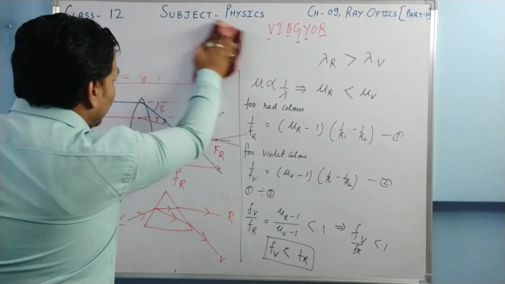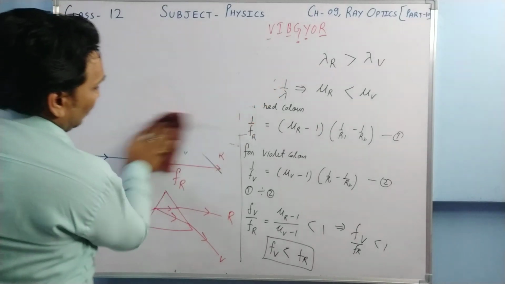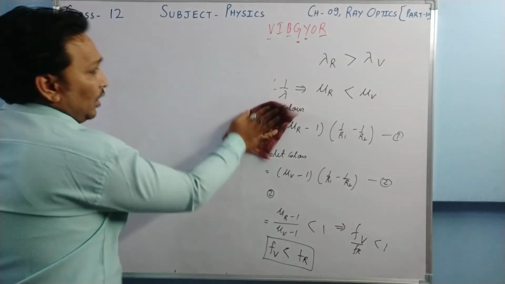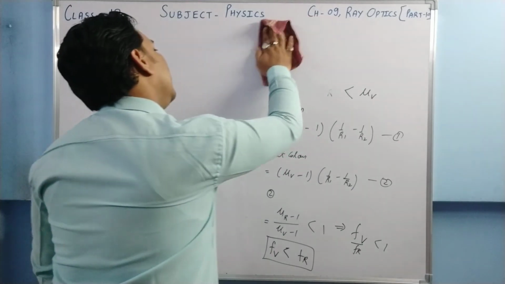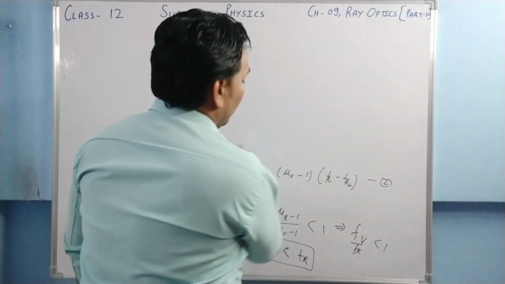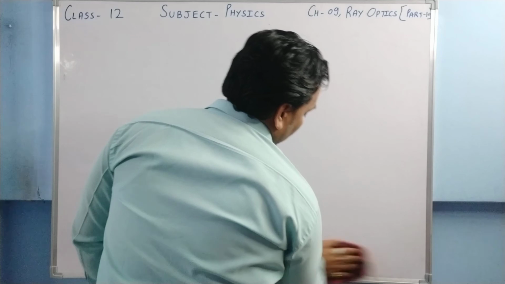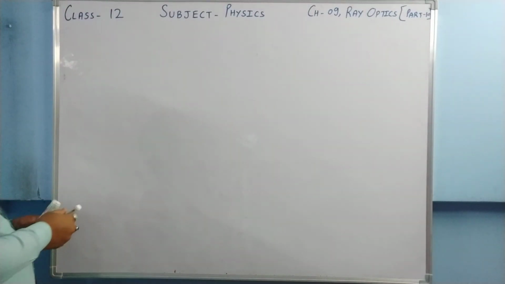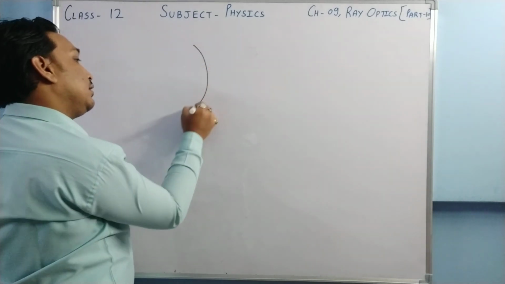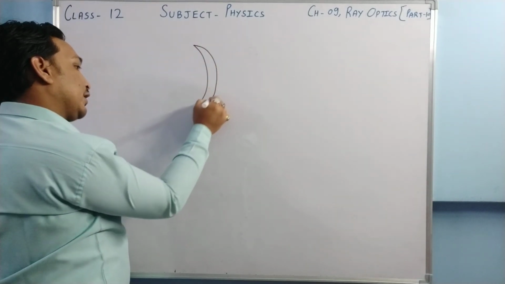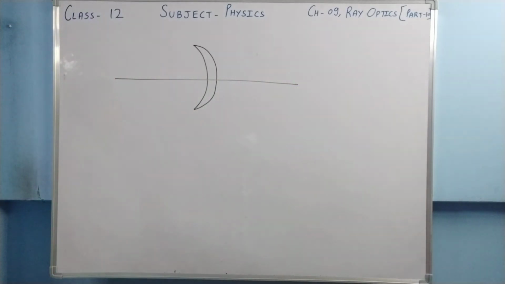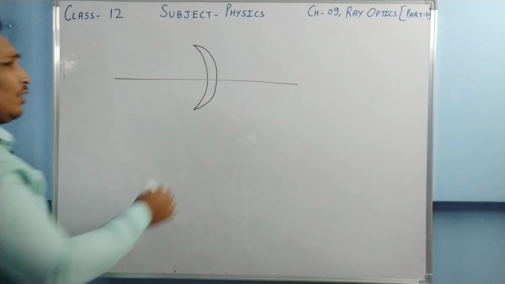Okay, but sometimes we have a particular case, a different kind of lens. In numericals especially, lenses can be given as convexo-concave or concavo-convex. So for those, how to solve? Let us try to understand. If you remember, I have told you that this lens is called concavo-convex and it is also called positive meniscus. Why is it so? Because its basic nature is converging. Let us try to find out.